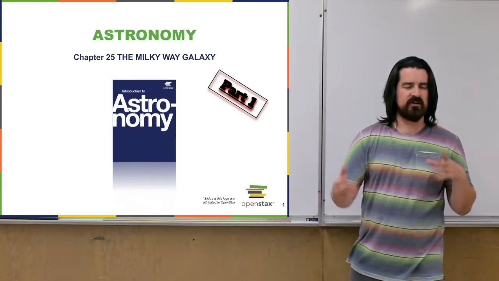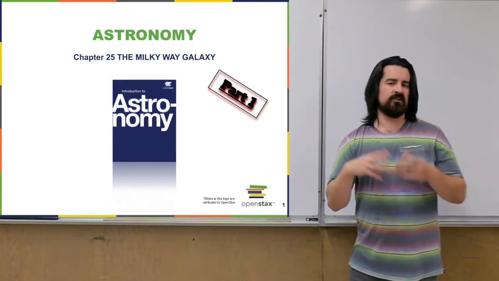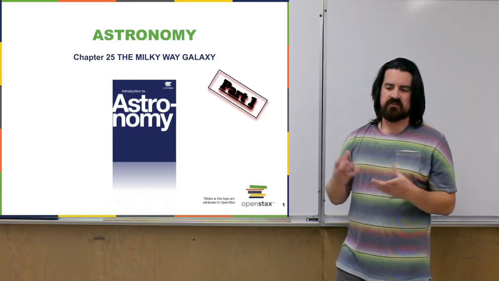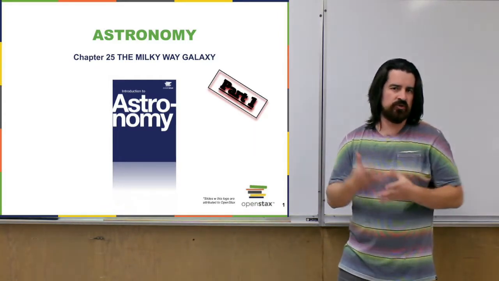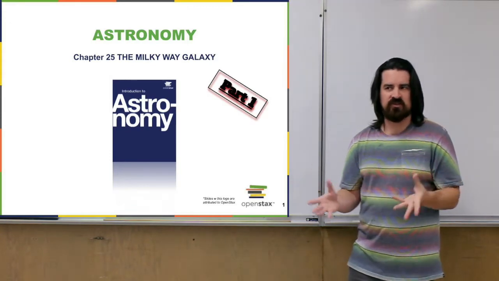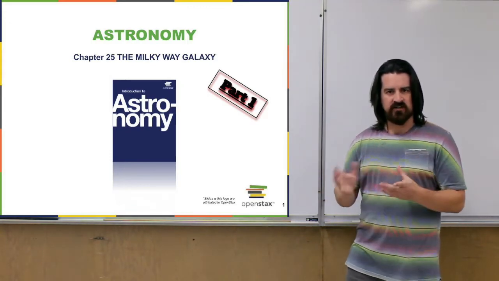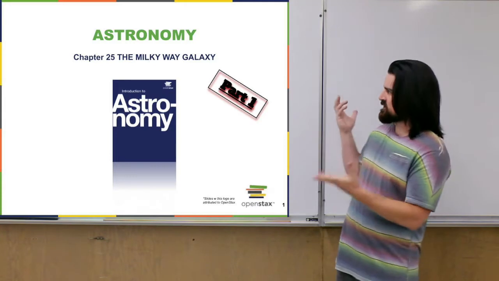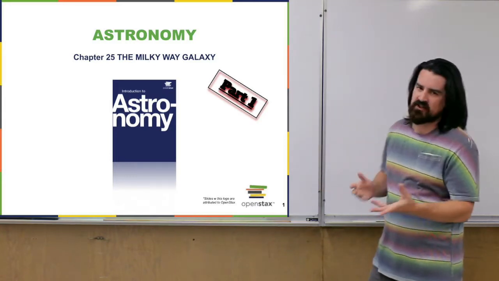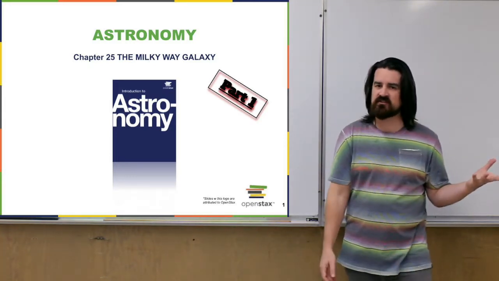And just like when we talked about our solar system, we found out our solar system is not all that different from most other solar systems. It's a pretty standard thing. A star, planets formed around it. We'll also find something similar for our galaxy. Our galaxy is like a lot of other galaxies.